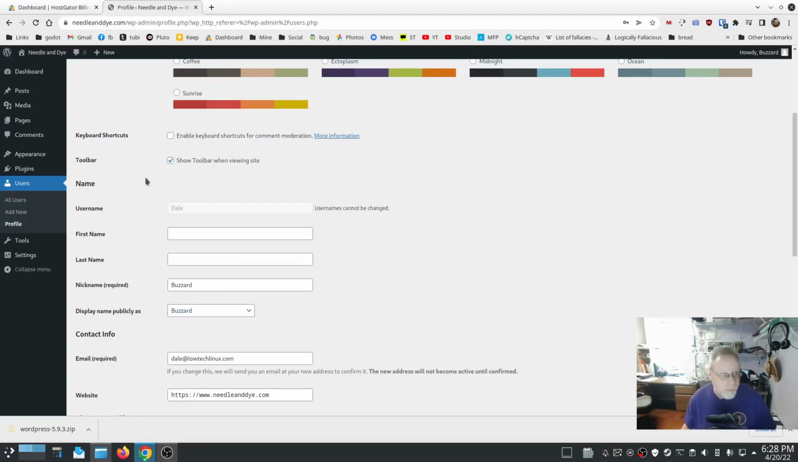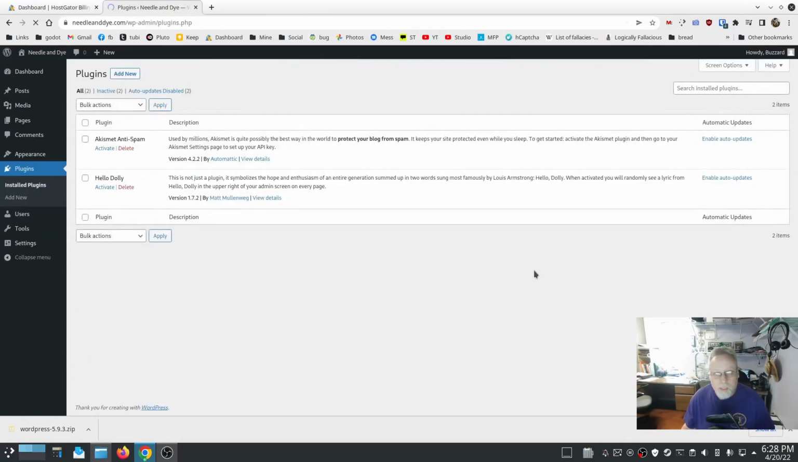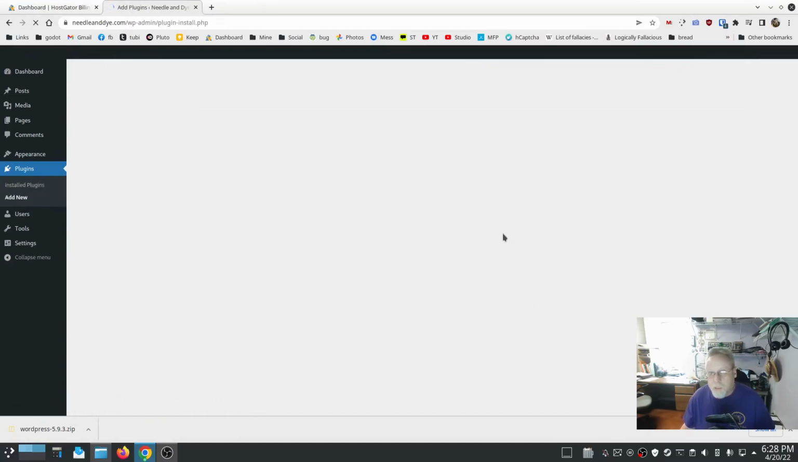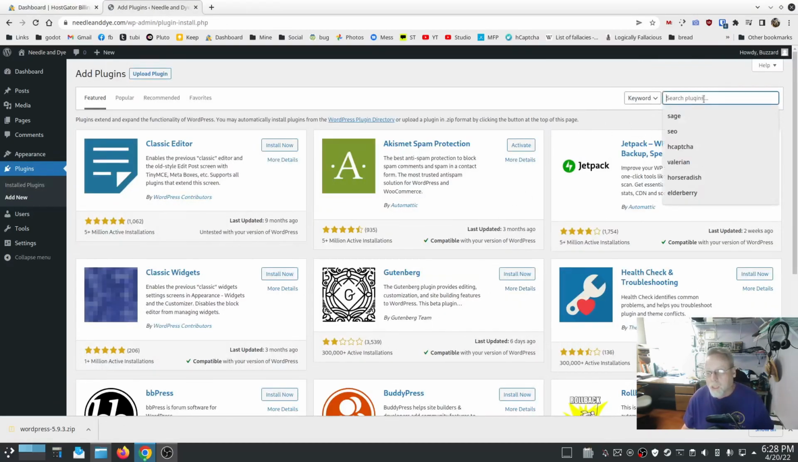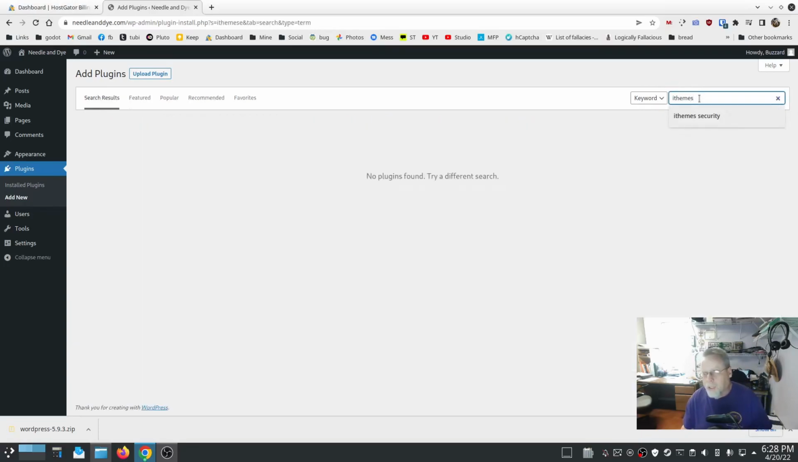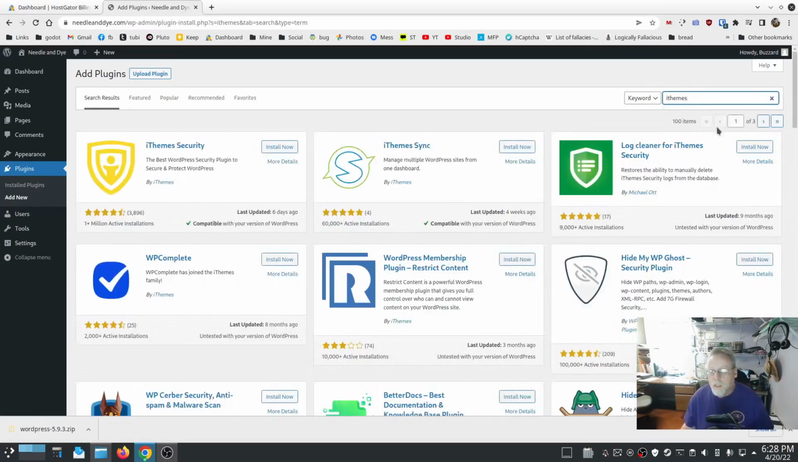Step number 2, we're going to go straight to plugins, and we're going to add new. And the first plugin you're going to install is going to be a security plugin. Right now, I highly recommend iThemes Security. If you type in iThemes, it will come up as number 1 right here on the list. iThemes Security,